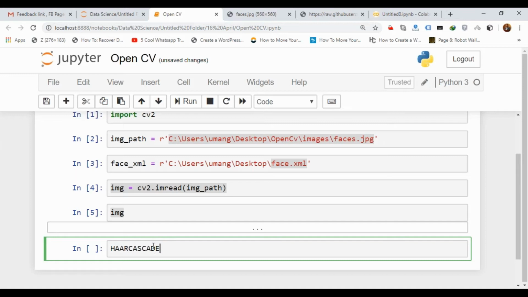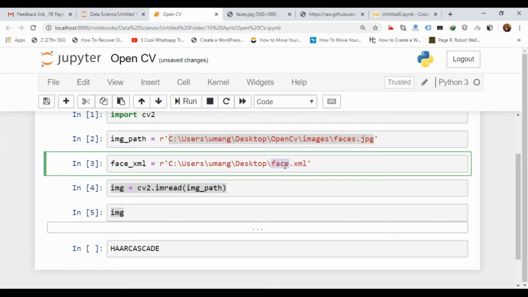The file I shared only detects faces. We have different files which can detect the full body, half body, upper or lower body, smile, and eyes. So this one is for face, and similarly we have files for eyes, smile and full body.